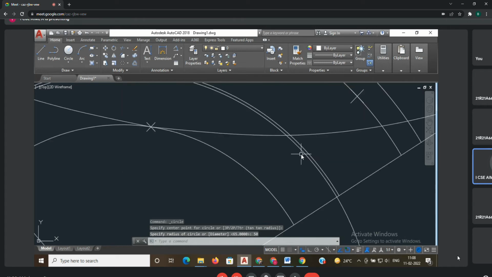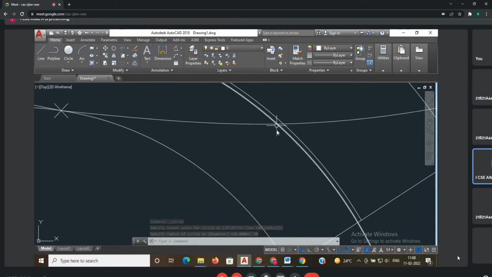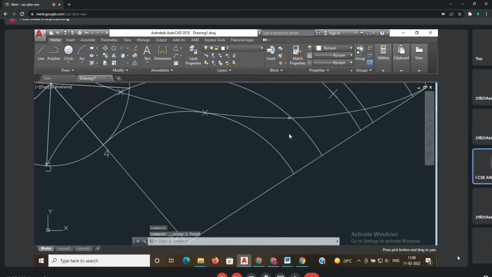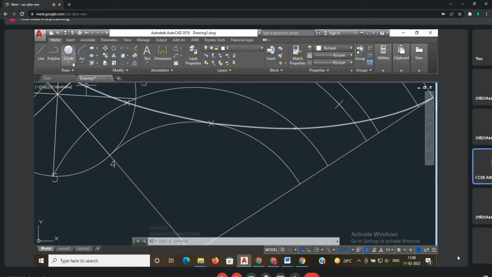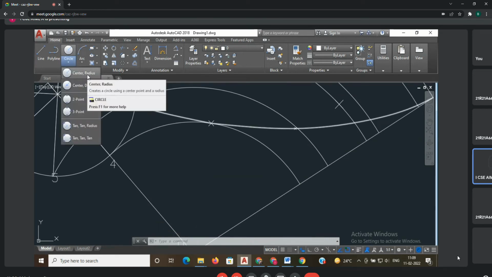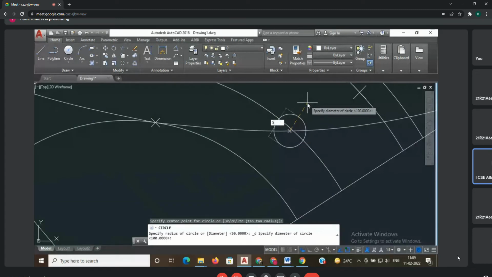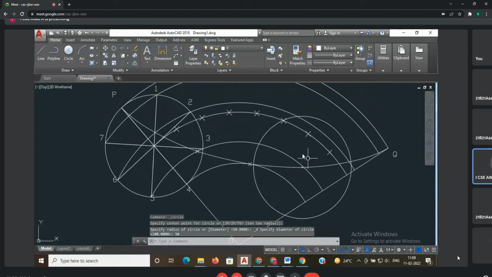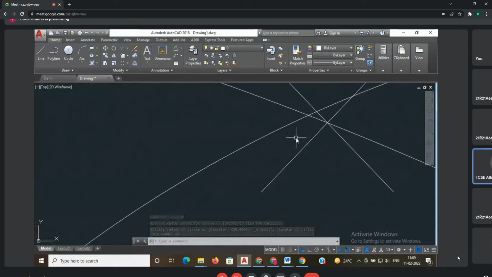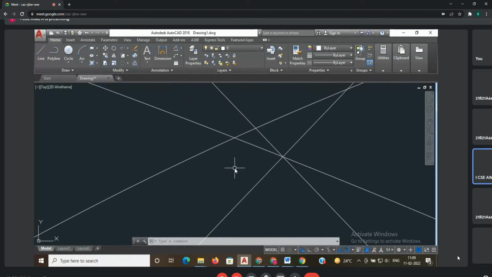Okay. Where is it intersecting? Somewhere here. This is your point. You make 1 point. This is the base point. Then remove the circle. You got 1 point, that is your R point. From R, again you have to draw a circle, with R point as the center, of 50 mm diameter. Then this circle will intersect the axis line somewhere here. This is your point. Go with point. Okay.